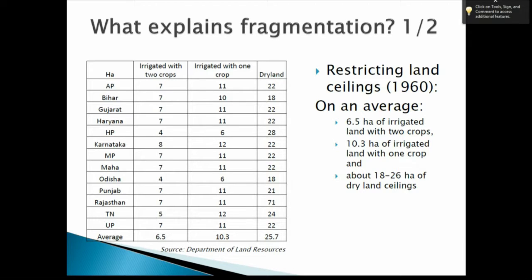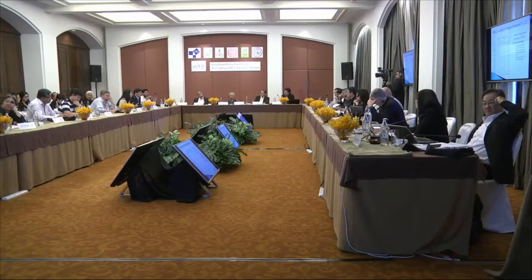Now, when we gained independence, the objective after that was to eliminate the zamindari system. The zamindari system gave rights exclusively to large landholders, and everybody else was tenants working as bonded laborers under them. So on the premise of ensuring greater efficiency and equity in the system, in the second 5-year plan,